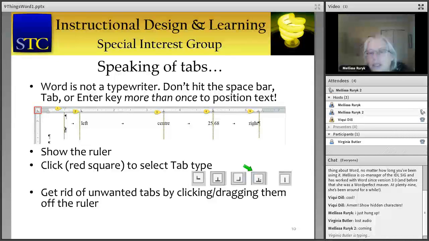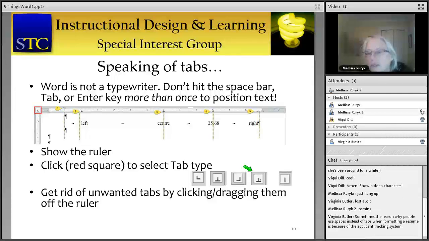This one is called the decimal align tab, and it aligns on the decimal. So when you write a number, you could have any number, like millions, on the left-hand side of the decimal. And